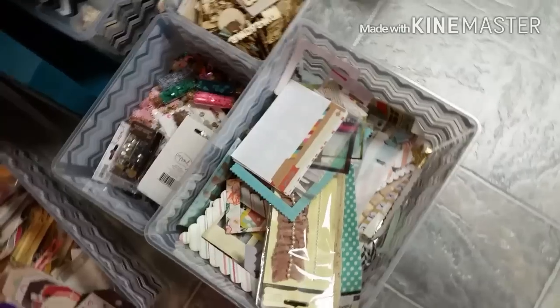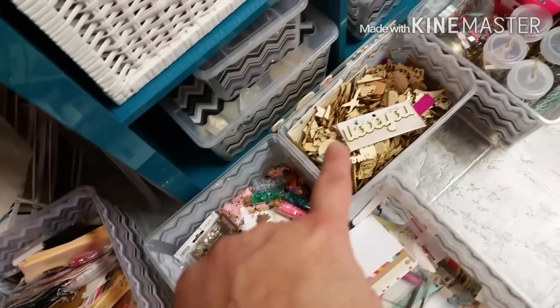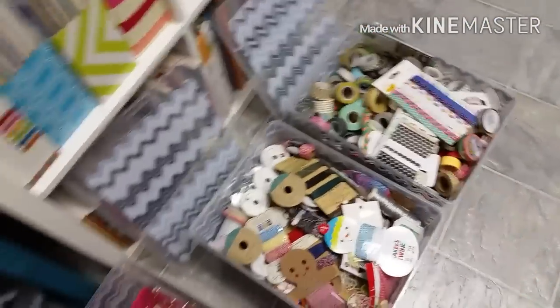These are frames and borders. These are sequins, wood veneers. These are like clips and those types of things. I have twine. I have washi. I will also be picking,